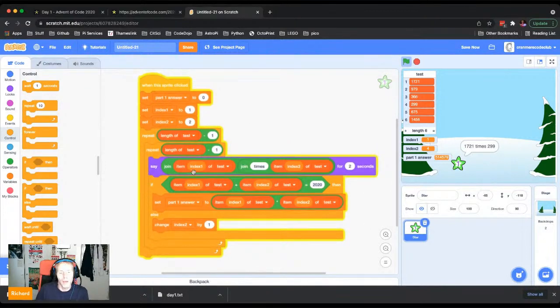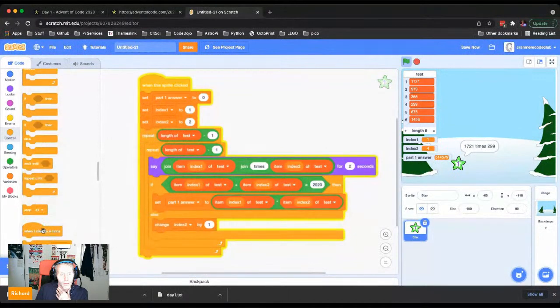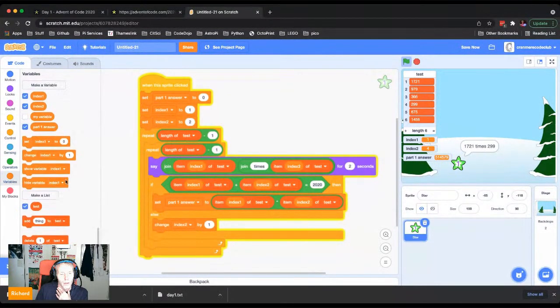Let's have a look. So now we'll do that. But then when we get to the end of this list, after we've added 1,721 to all of these, we need to move on to add in 979 to the remaining ones. So at that point, we need to change our index 1 to move it on as well. So outside of the first repeat loop, but inside the second one, we need to